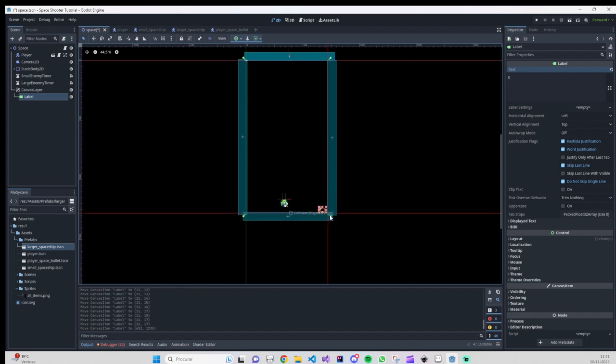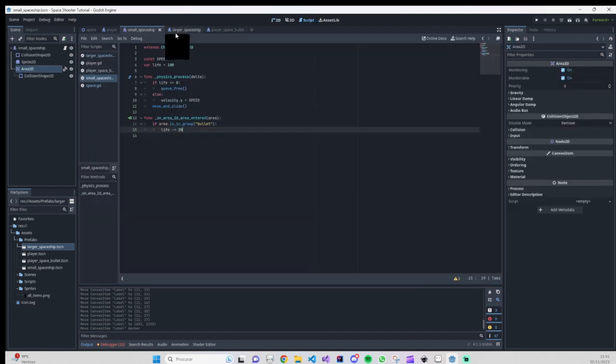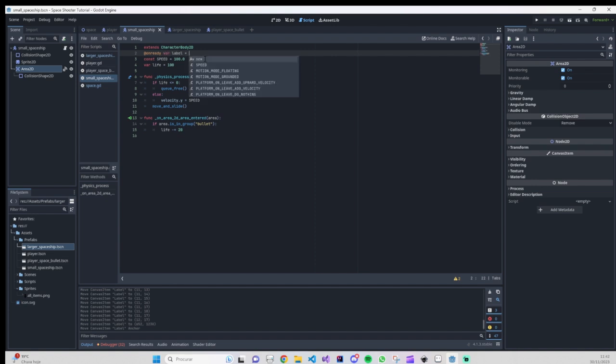I will hide it here, and what we can do is, when our enemies, if life is 0, we are going to grab here our label. Okay, so it will be on ready var label, it will be equals to, I always forget this path,